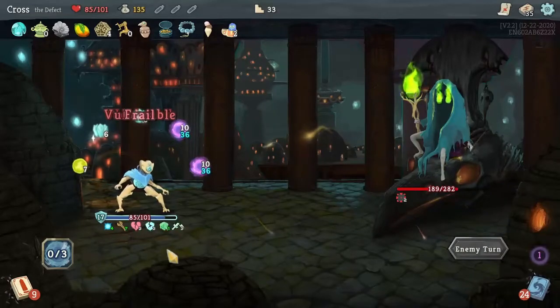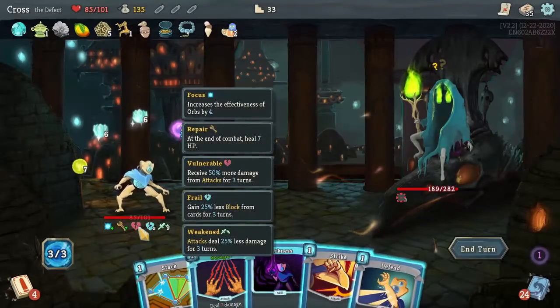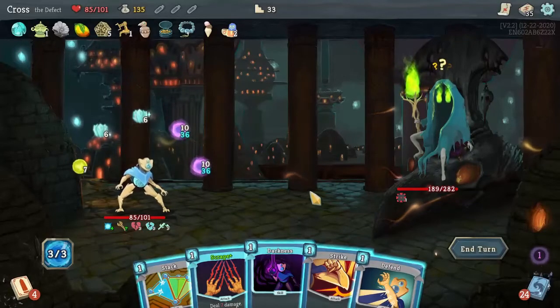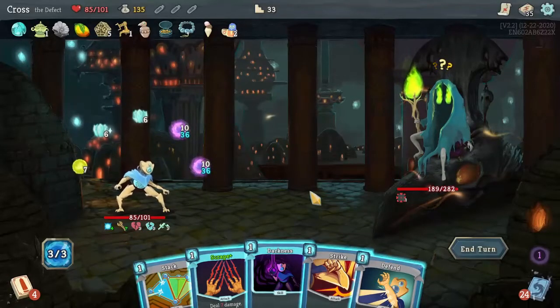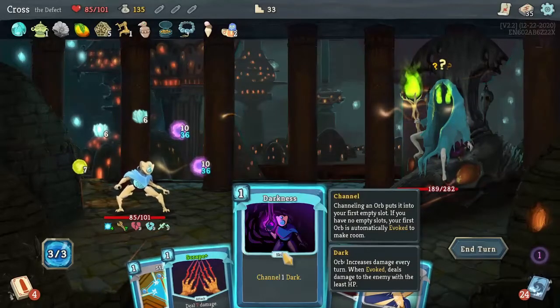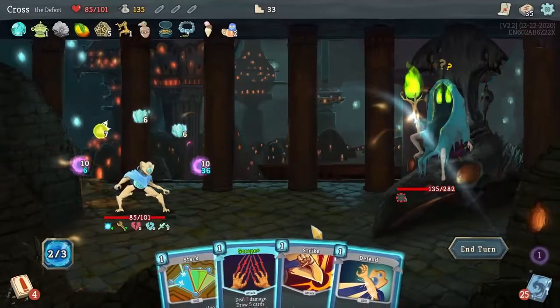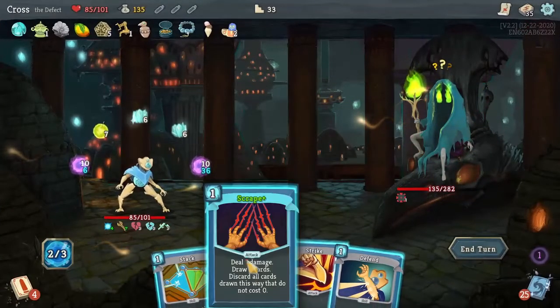So yeah, he just put all the status effects on me. He put on Vulnerable, Frail, and Weaken. If I can use a power, a skill, and an attack, that'll go away. He is almost definitely resummoning his minions. I'm going to use a Dark Orb. Invoked, he just took... that time the lock-on hit, so...